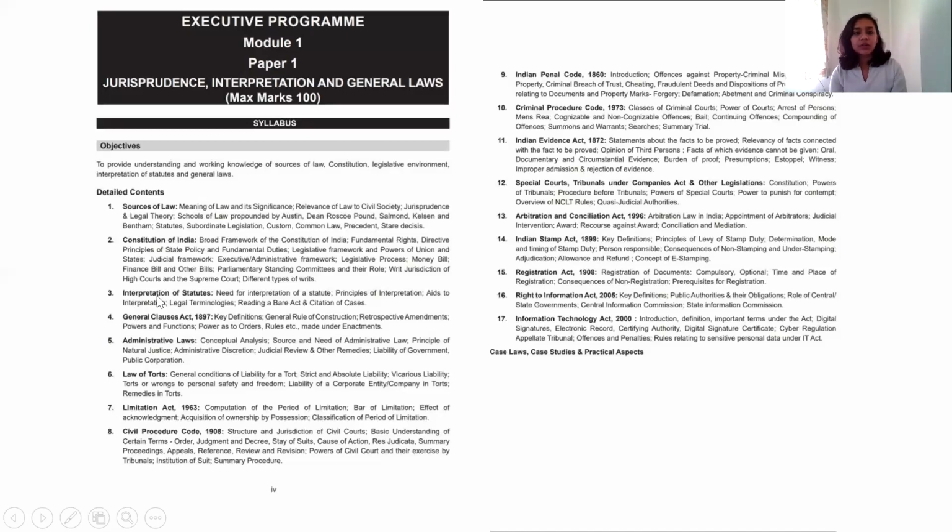Moving on, coming back to chapter number 3 and 4. Chapter number 3 talks about interpretation of statutes. So you see, like I said earlier, when you open the bare legislation as it is drafted by the Parliament, it may be ambiguous. You may not understand certain terms. You may not understand the meaning of certain terms. And in fact, you would notice that the very language present in that particular law will be very different from the colloquial language as we speak in day-to-day terms. And it is for this reason that it is very, very important to understand certain principles, certain theorems which are applicable. And you have to apply these theorems and principles while interpreting these laws.